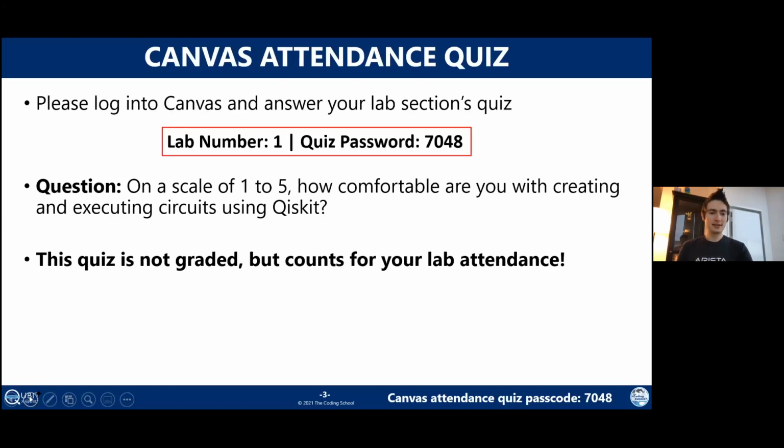Okay, so let's go ahead and launch the Canvas attendance quiz. As always, lab number is 1. The quiz password this week is 7048. The question we're asking is, on a scale of 1 to 5, how comfortable are you with creating and